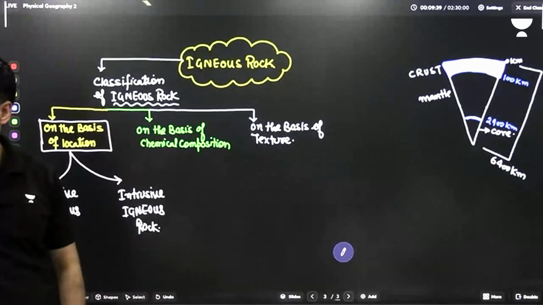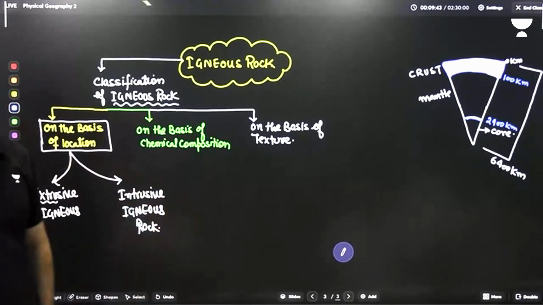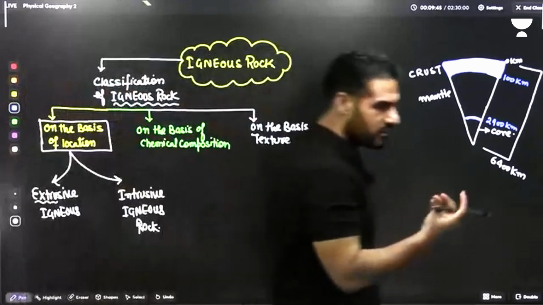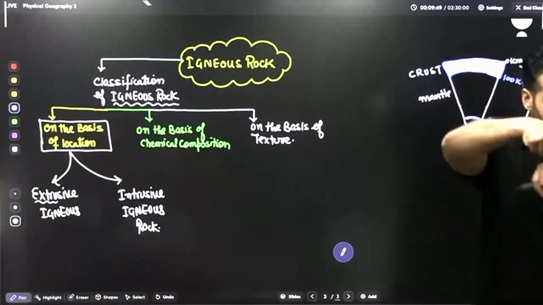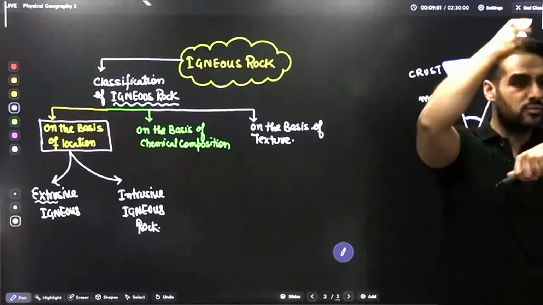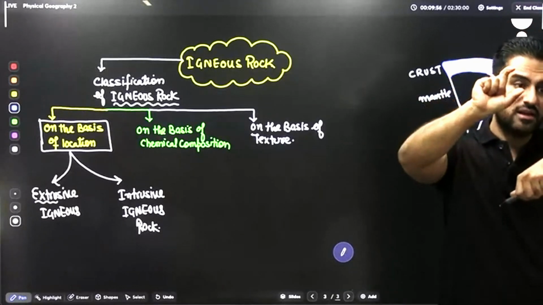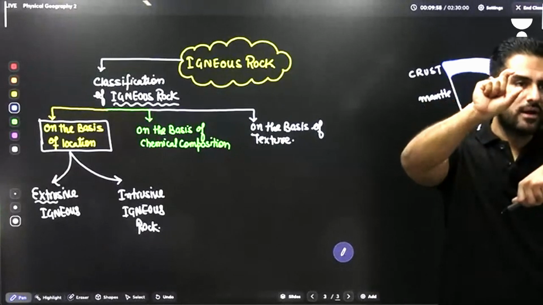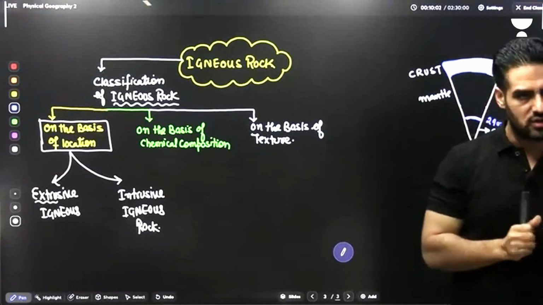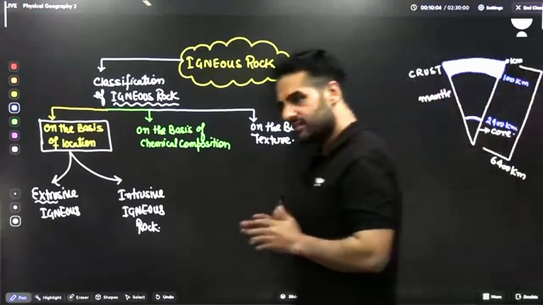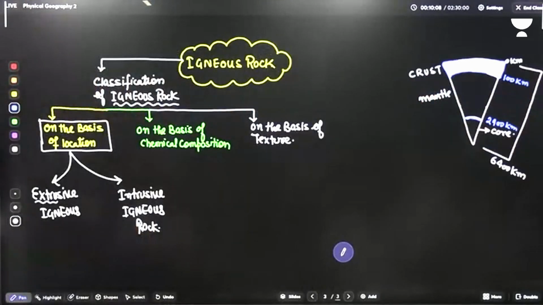Which is the thinnest part? Crust. Crust is like the skin of our body. If you observe an egg, boiled egg देखा सबने? If you break the shell, you have their thin white layer, skin type. That is assumed crust, the thinnest part of the earth. Then you go to the central part, you have that thickest part of the white. That is your mantle. And inside you have that orange or yellowish. That is your core. So you can imagine earth like this: crust, mantle, core. What is this crust? When I say thinnest layer of the